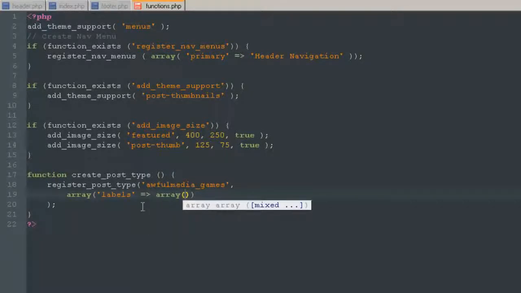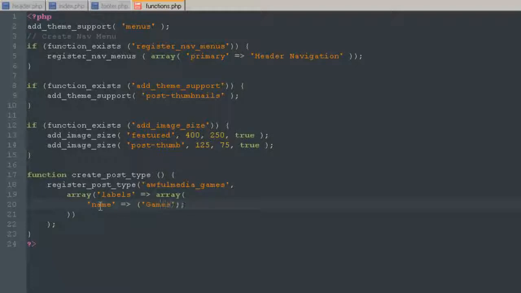And inside of this one, let's go ahead and enter down here. I'll fix the formatting in a bit, and it might be a little confusing. So inside of this array, we're going to define the labels. First label will be name. So this label is going to be games. Now what we're going to do is this string of text, we're going to add these 2 underscores,